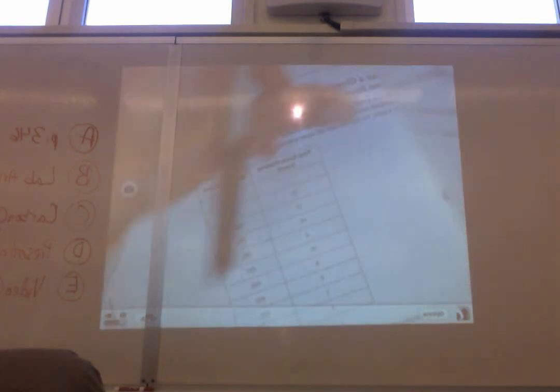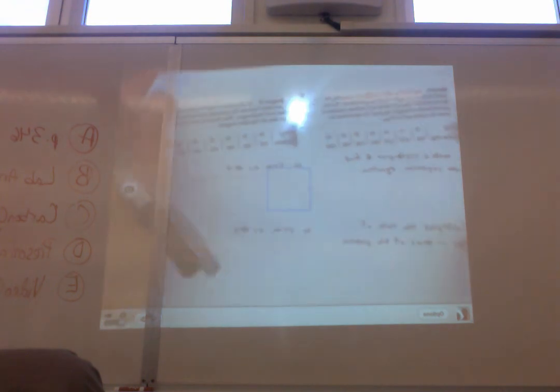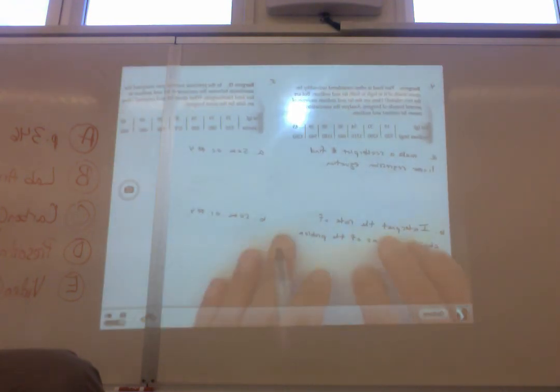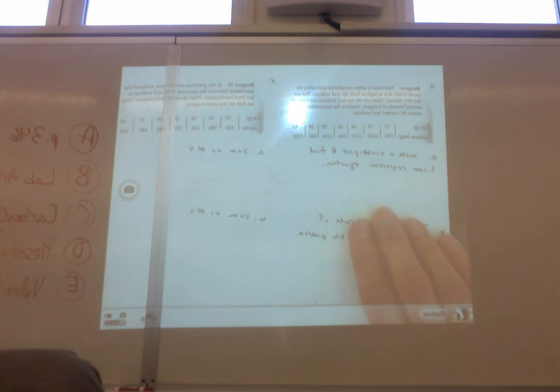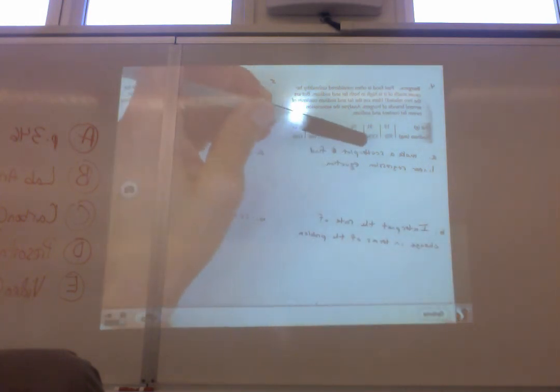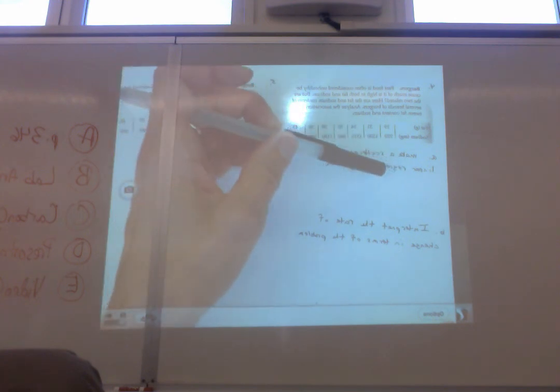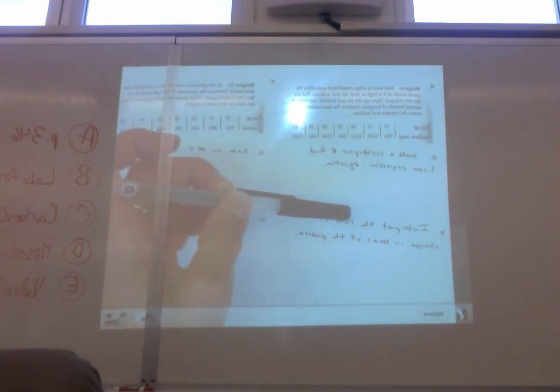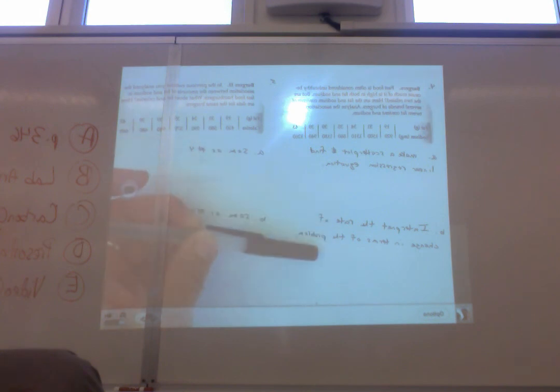Okay, now we can talk about burgers. All right. Are you all ready? I'm ready. All right. Fast food is often considered unhealthy because much of it is high in fat and sodium. But are changes needed to reduce the fat and sodium content in several brands of burgers? Analyze the association between fat content and sodium. Okay, we're going to make a scatter plot and find the linear regression equation. We're going to interpret the rate of change in terms of the population.